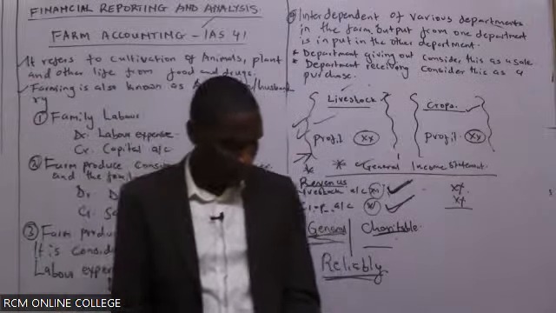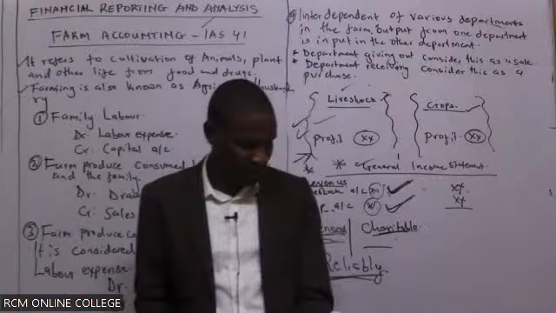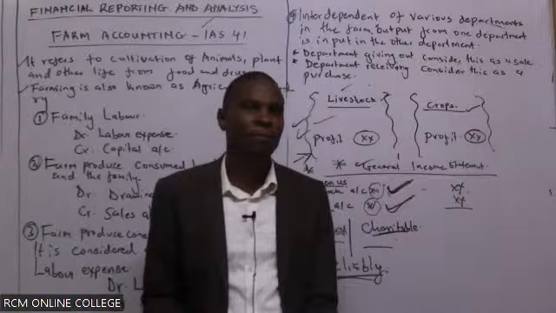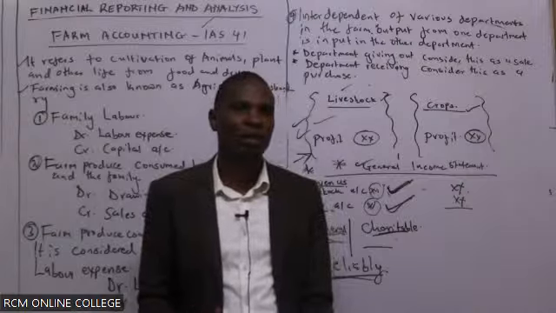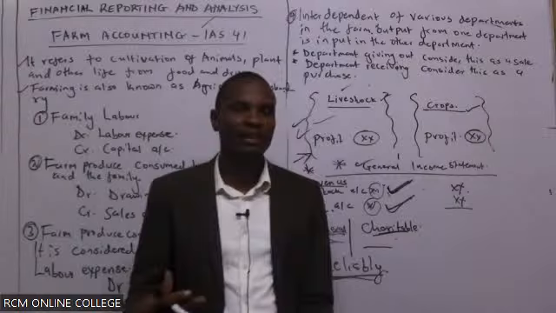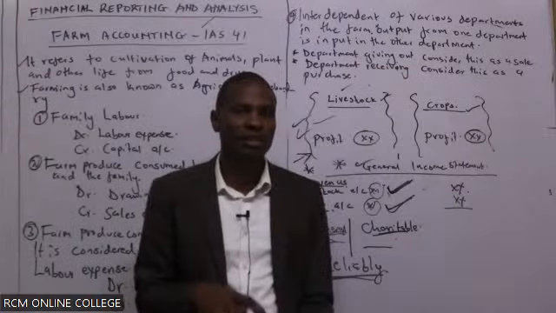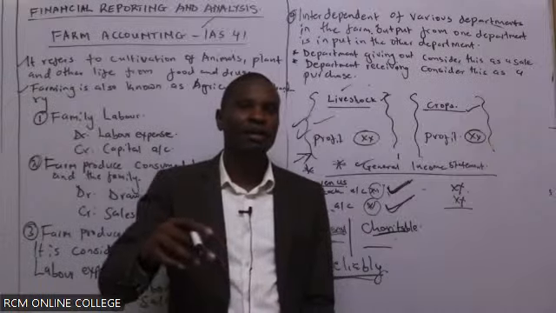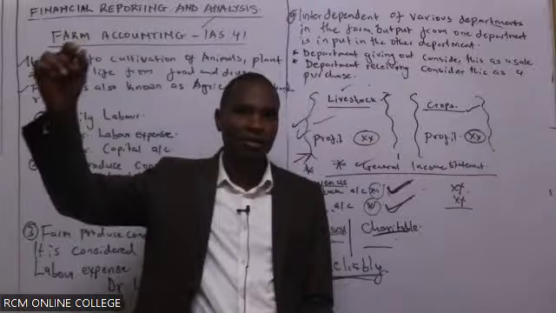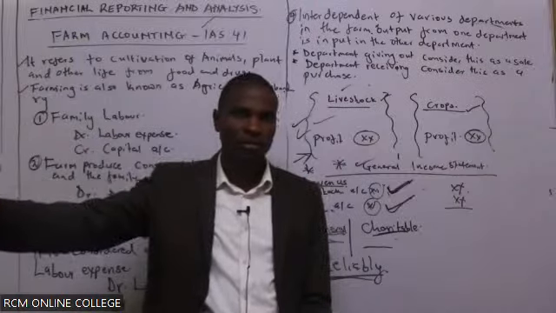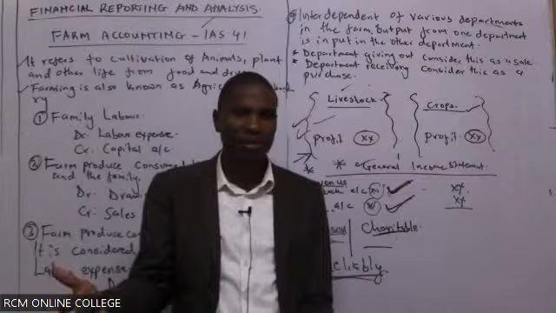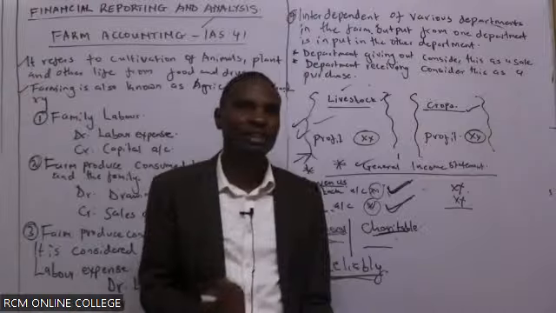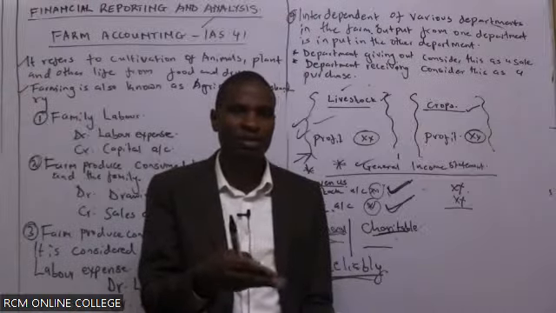Interdependence of departments. For example, if I talk of manure, it will be a sale to the livestock department, right? Manure is going to be used in the shamba, in the farm, to make the crops grow well, right? Therefore, the crop department considers that as a purchase. They have purchased from the livestock department.